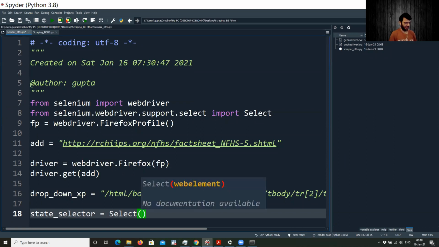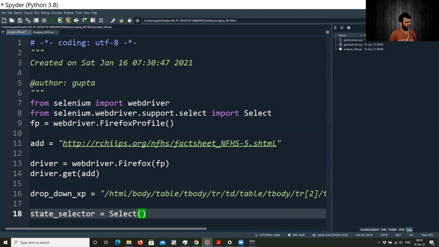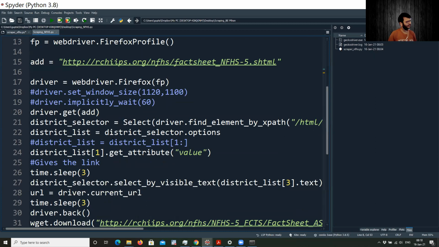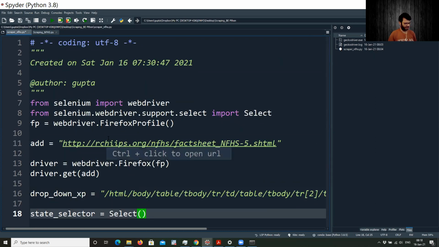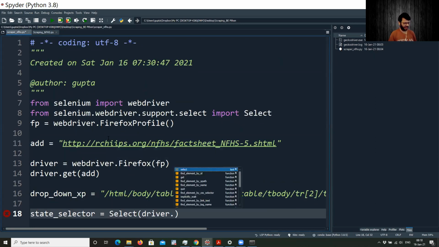And now, sorry, I just need to go by. I forget. Okay. So since our medium was driver, we need to find element. So now,